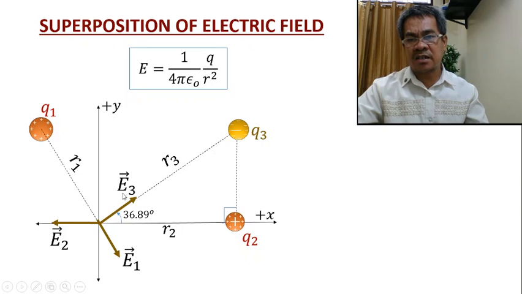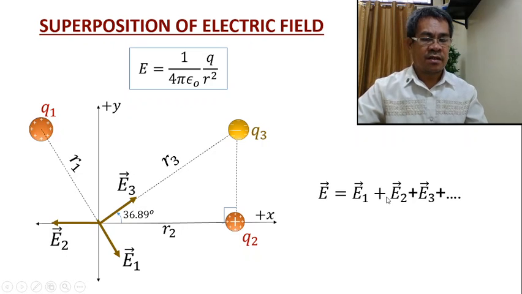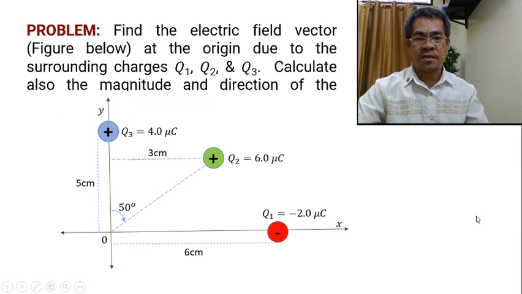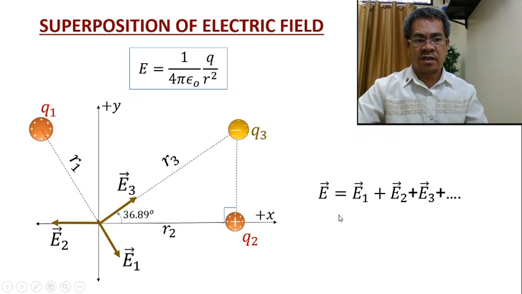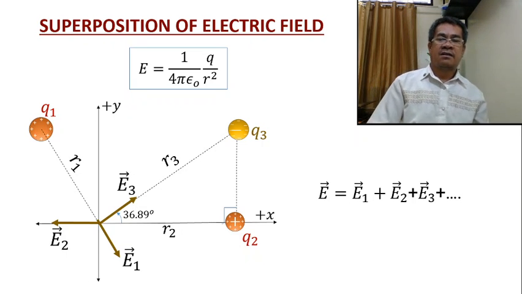Now, after calculating the magnitude and direction, I have already provided the unit vector. All you need to do is come up with the vector sum, the geometric sum. Again, this is not an arithmetic sum. You have to find a vector sum, because the electric field at this point is the vector sum of E1, E2, E3. With that, you can now calculate the magnitude and direction of that electric field. That's it. This is the superposition of electric fields.